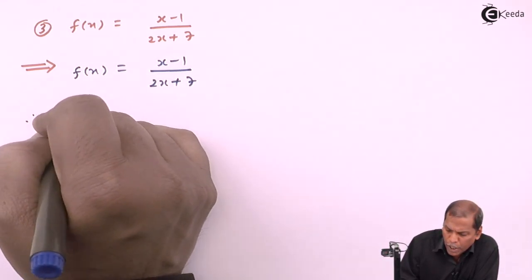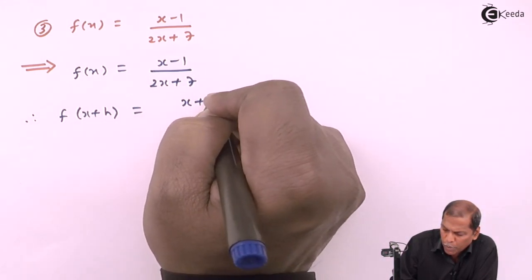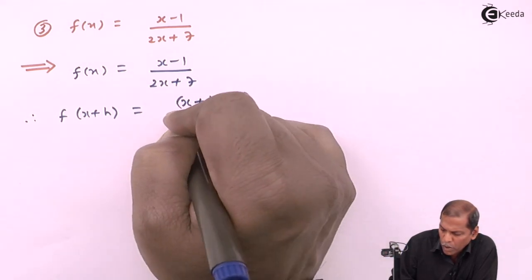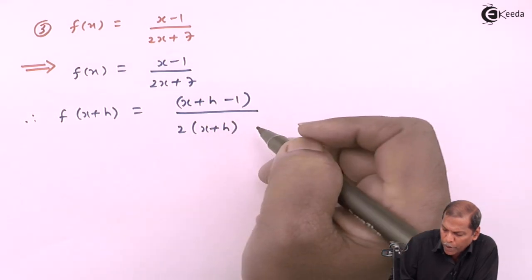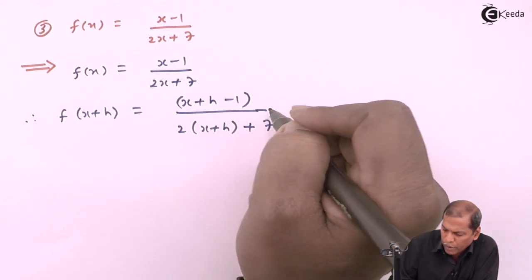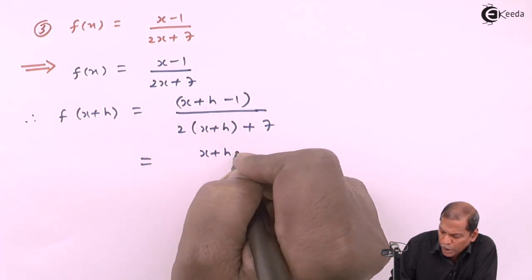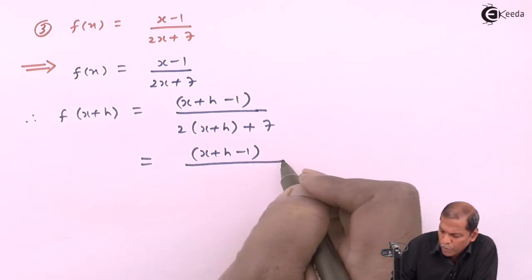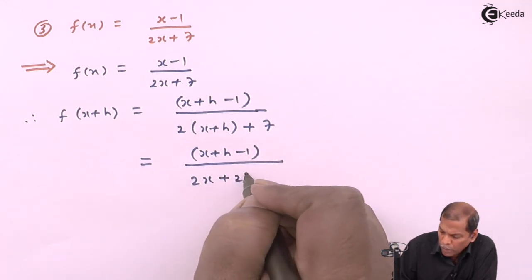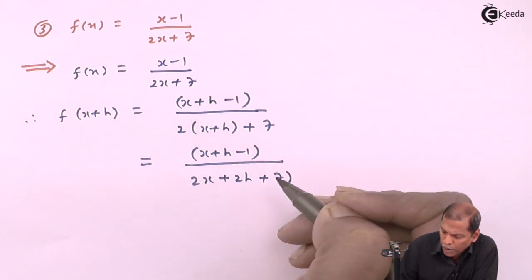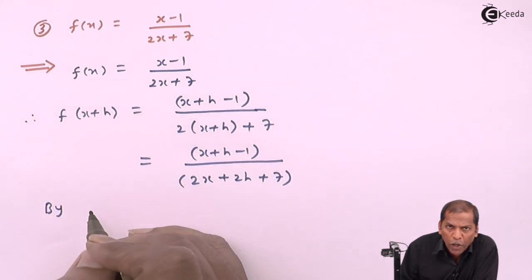The next step is f(x + h), that equals (x + h - 1)/(2(x + h) + 7), that equals (x + h - 1)/(2x + 2h + 7) in the denominator. Then by the first principle of derivative,